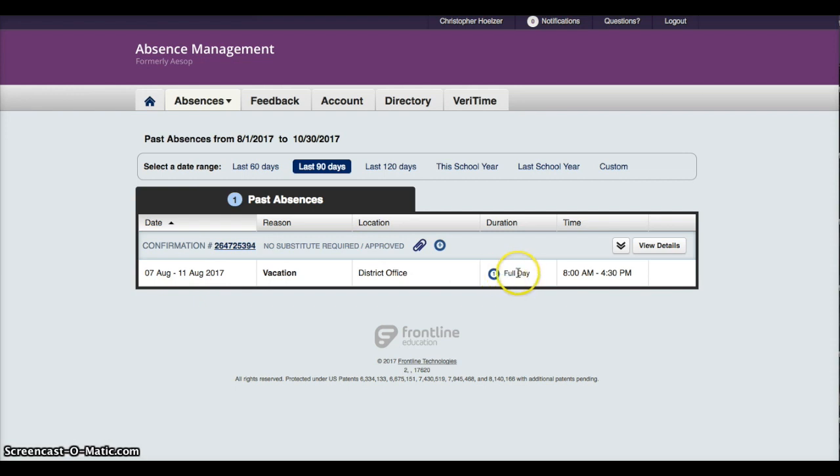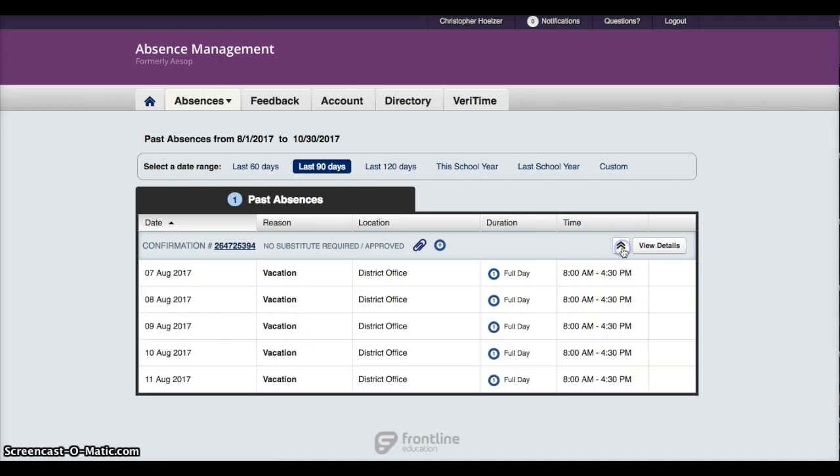Now you see it says full day. Also notice that there's an icon here, these chevron icons. This indicates that there's more information here that's just not being displayed. So if you have a multi-day absence, this is how that will appear. It'll start as one line, but then you can click on the chevrons and open that up to see a little more detail. So you can see here that on August 7th, 8th, 9th, 10th, and 11th, I had a full day each of those days